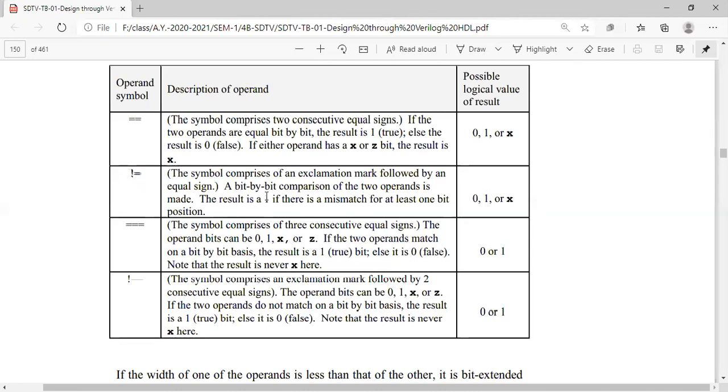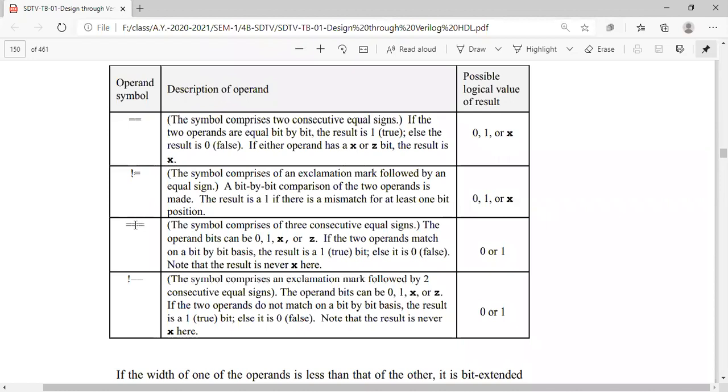If it is not a mismatch only, that is, if A of 0 is not equal to B of 0, then in that case we will be writing the output C of 0 as 1. In any other case, if the value in any of the operands is X or Z, and the other operand may be having some 1 or 0, there may be a mismatch, but we are giving a value of X there as an output, right?